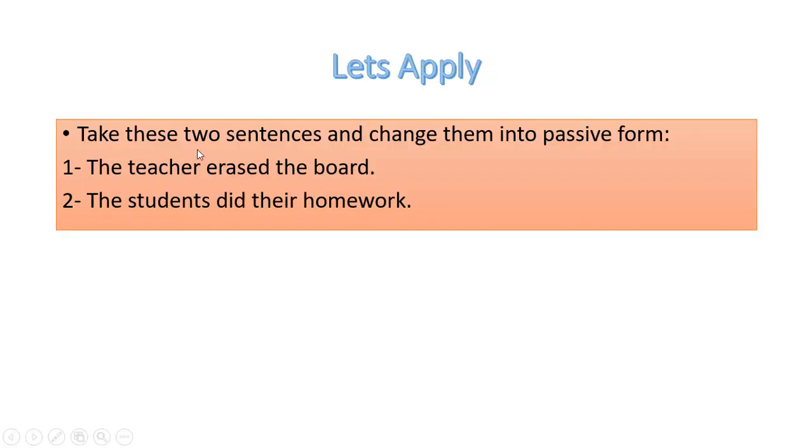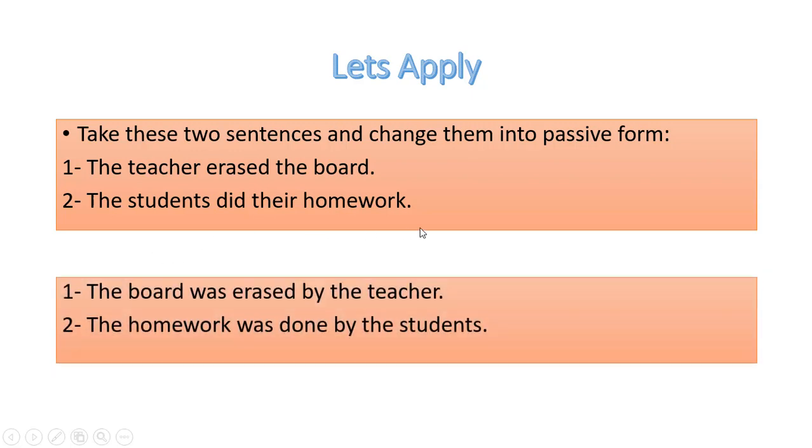Let's apply. Take these two sentences and change them into passive form. The teacher erased the board. The students did their homework. So, the teacher erased the board. We put this noun in the beginning. The board بصير هو subject. Erased نحط was erased. And the teacher, by the teacher هون we add by لأنه it's something done by someone else. كمان the students did their homework. Homework was done. كمان بعدنا بالpast